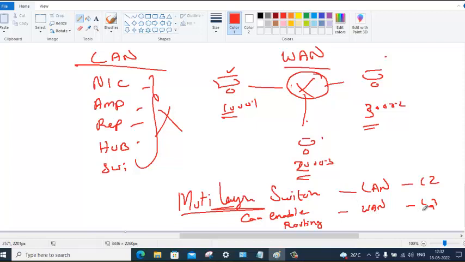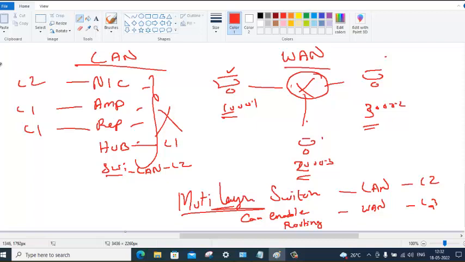But generally a switch is a layer 2 device, LAN. What about the hub? It's a layer 1 device. Repeater, layer 1 device. Amplifier, layer 1 device. NIC card, layer 2 device. Listen. If your device can learn MAC address, then it is layer 2. In the OSI reference model, layer 2, the data link layer, is the place where MAC addresses are seen.